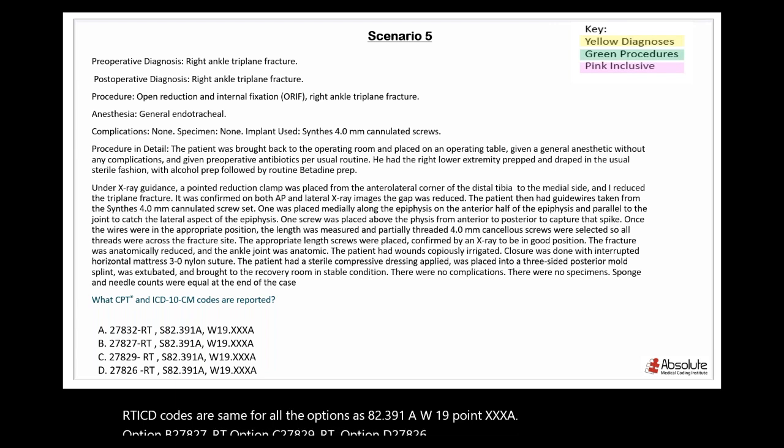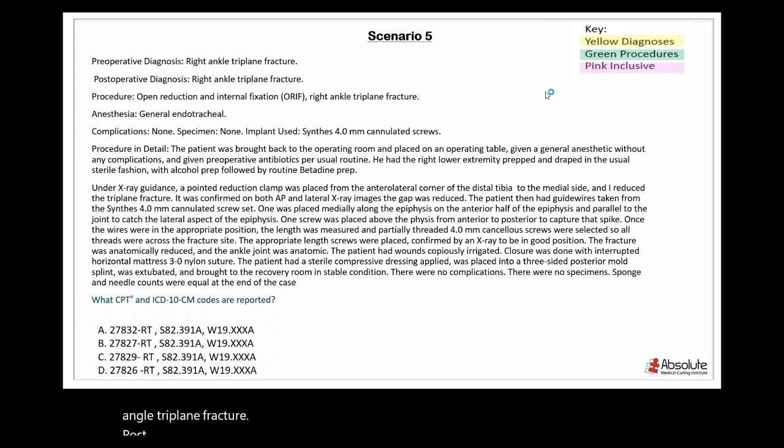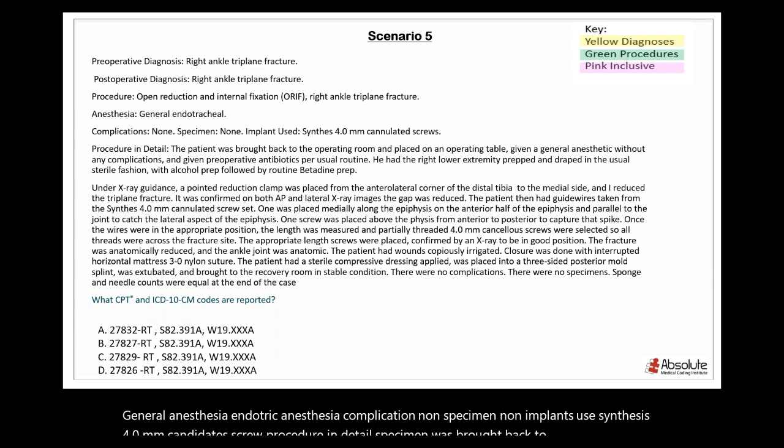Preoperative diagnosis: right angle triplane fracture. Postoperative diagnosis: right triplane ankle fracture, right angle triplane fracture. Procedure: open reduction and internal fixation of right ankle triplane fracture. General anesthesia, endotracheal anesthesia, complication none, specimen none. Implants used: Synthes 4.0 mm cannulated screw. Procedure in detail: the patient was brought back to the operating room